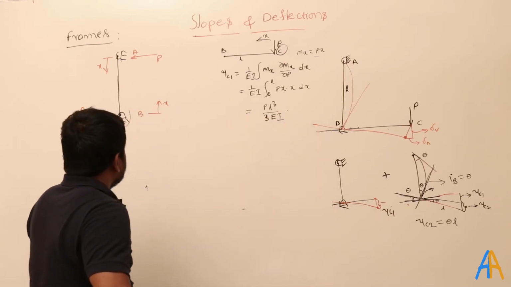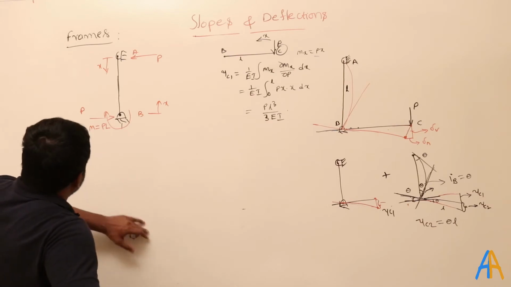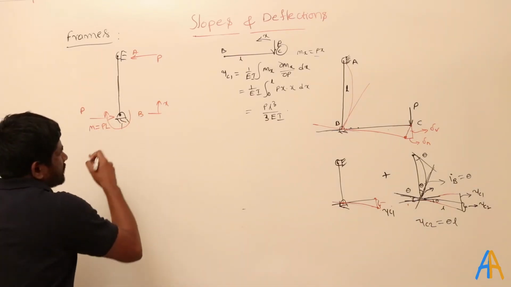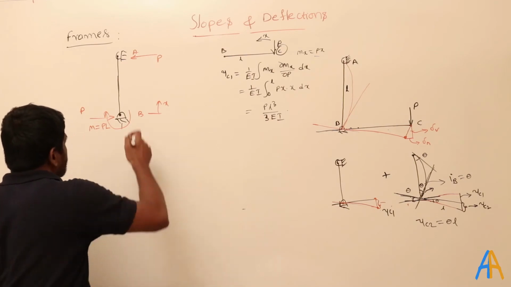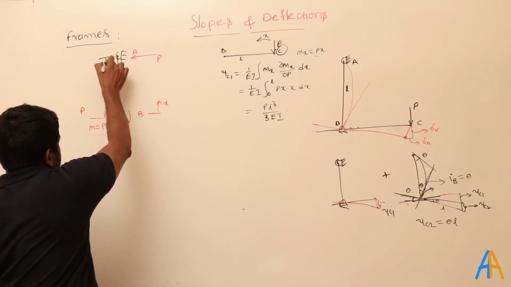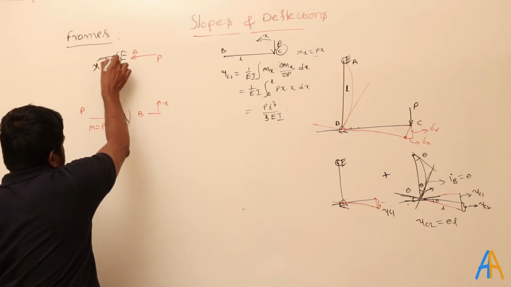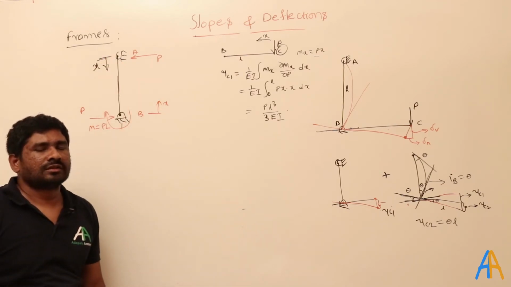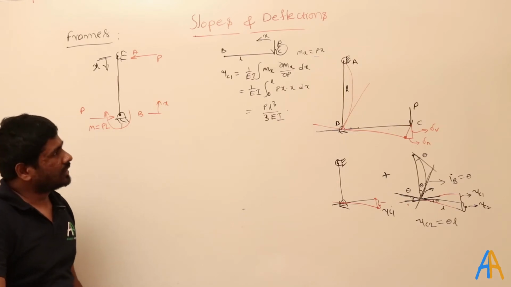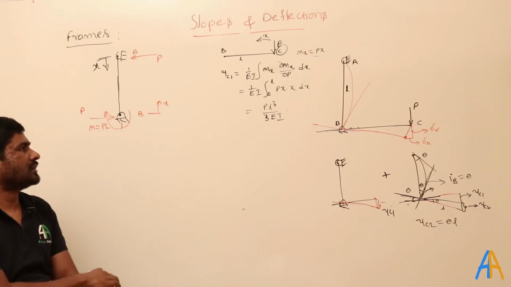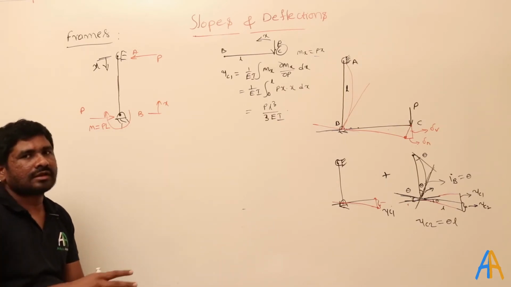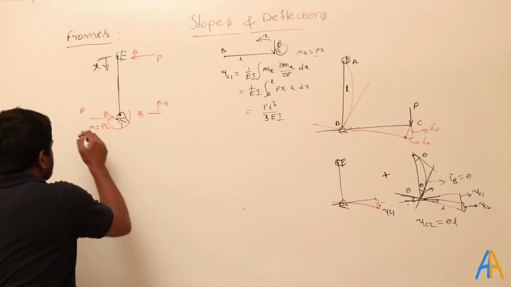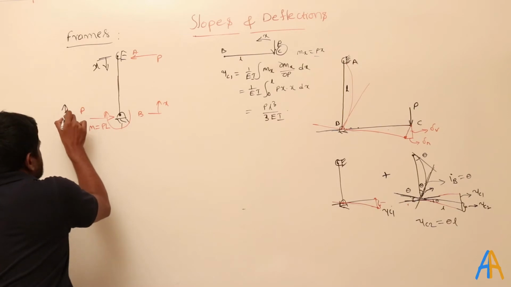And when I come to this portion, what are the forces acting on this? If I take x from this section, the advantage in the strain energy method, which is a specialized case, is the Castigliano method, Castigliano's first theorem. So I can take the x value either from this side or from this.